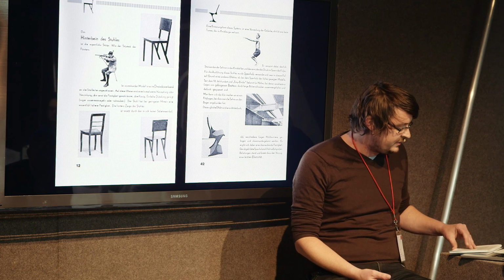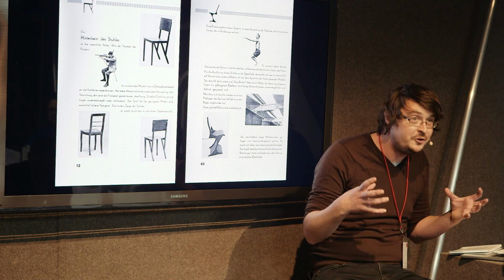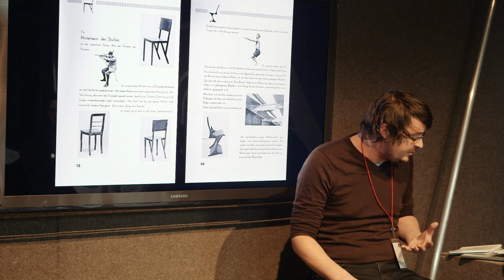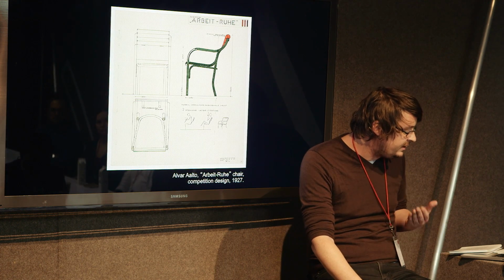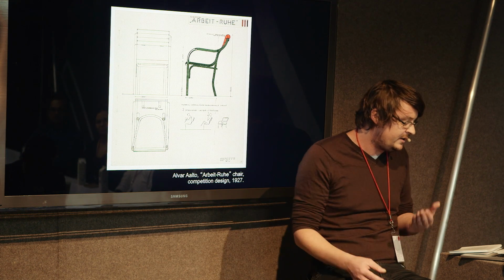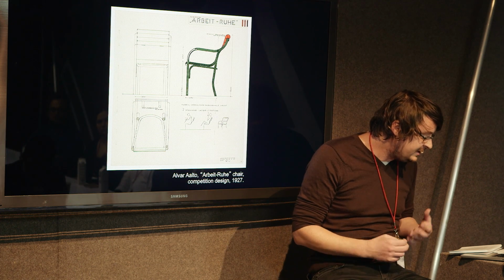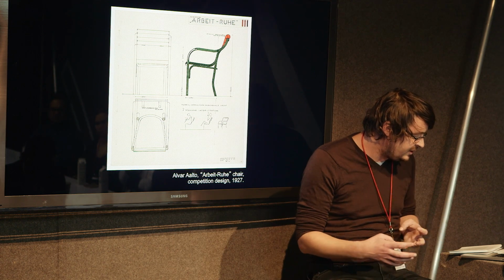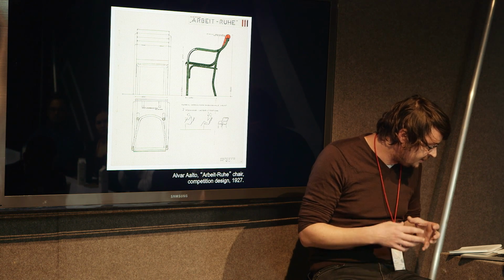The support must adjust itself to the nature of the activity. It should do this to the greatest extent possible, in their view, up to 100%, they say, while not limiting freedom of movement. The ideal, it must follow bodily movements, giving way to changes in posture. This flexibility and accommodation of the body could be accomplished, the Rasches argued, only through rigorous analysis of varying postures, the bodies themselves, and through designing chairs in profile. In addition to analyzing conventional postures with Breuer's technique of removing the chair from the image, and that's an idea that has a long afterlife in ergonomics, as we'll see,